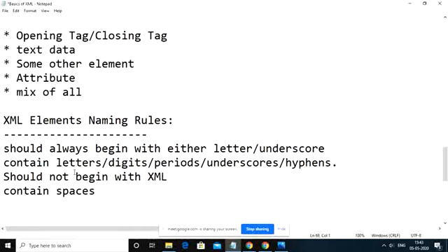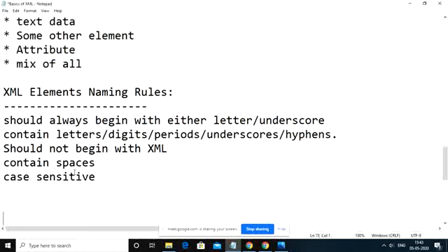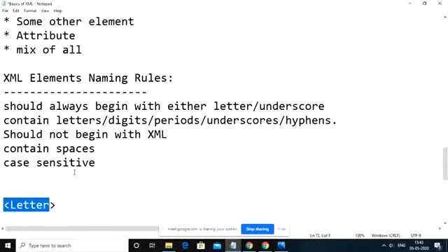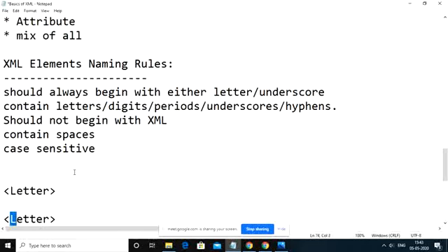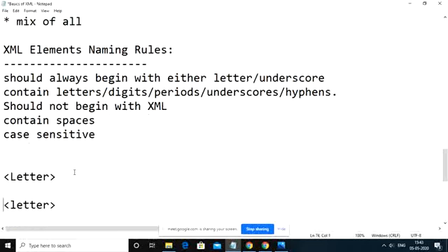At the same time, whatever names you are going to use are all case sensitive. Case sensitive in the sense, let us say you are writing a particular element called Letter, where the first letter is capital L. This one is not similar to the XML element letter, where we have the first letter as small l.